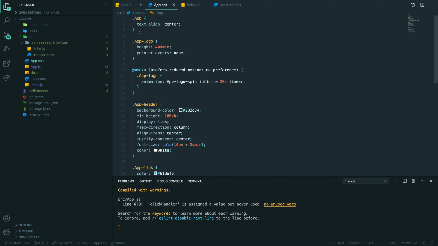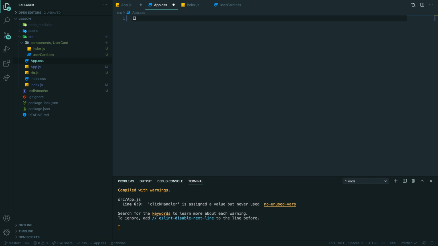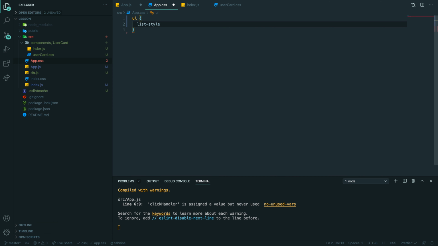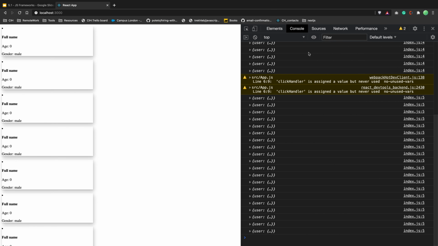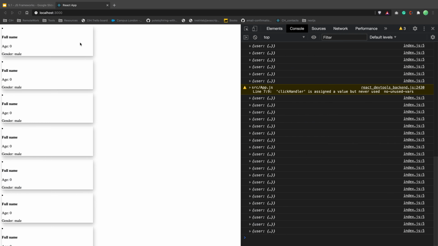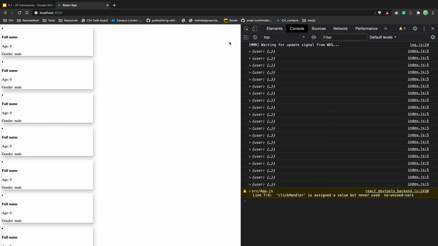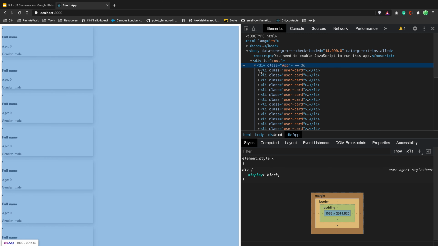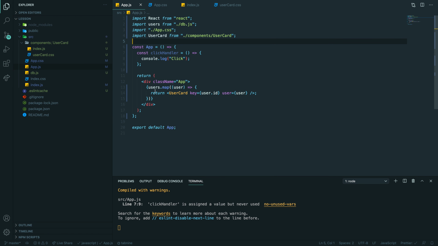Okay, we have quite a few stylings here. For UL, I want to set my list styling to none. I don't want to remove these dots. See, so we have div.